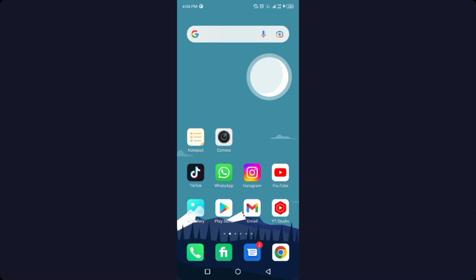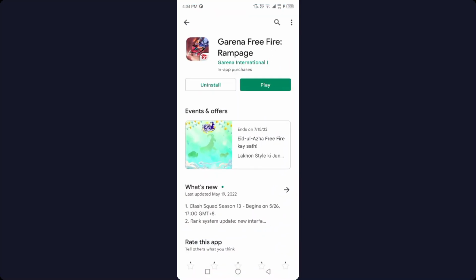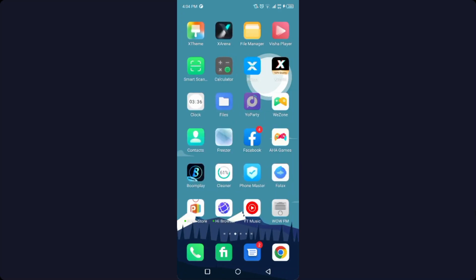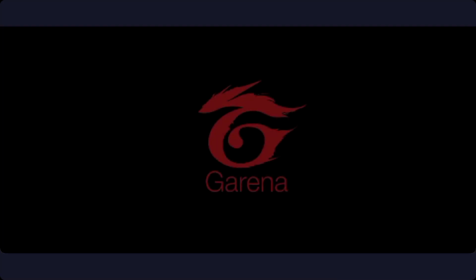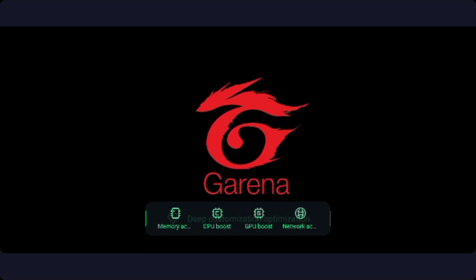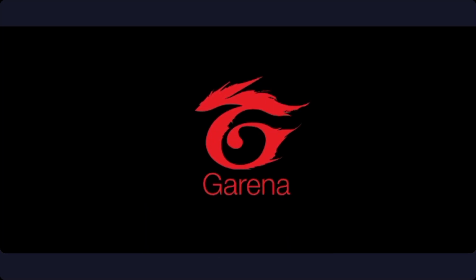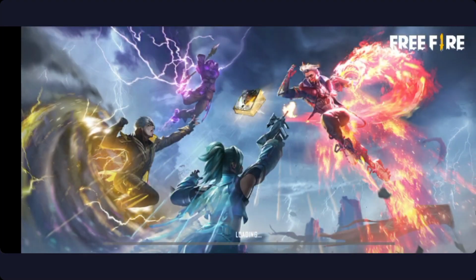So the first step you need to do is to open Play Store and search for Free Fire and update your Free Fire app game, and then you need to open Free Fire. Once you open Free Fire, so now it is starting, and once it is start, you simply need to wait for a few seconds. Okay, now it is completed,